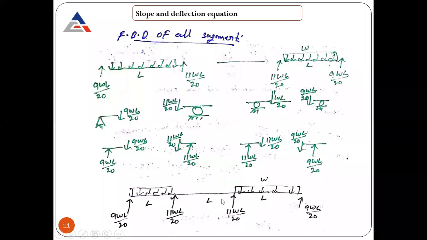If you cut a section here, you can calculate the bending moment. What should be the value? That is nothing but 9 WL by 20 into this distance, minus WL into L by 2 plus this distance, and 11 WL by 20 plus this distance. Oh, sorry, into this and all that. That's how you have to solve the problems. So that's it from this particular lecture. If anybody has any question